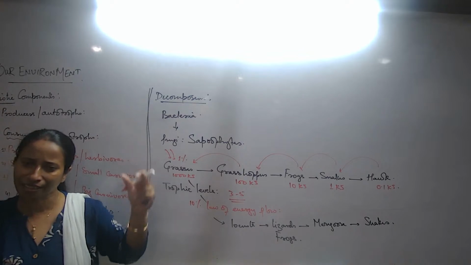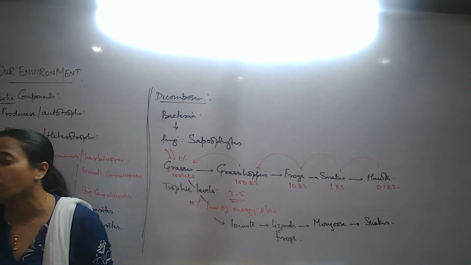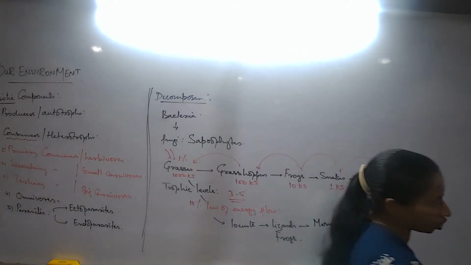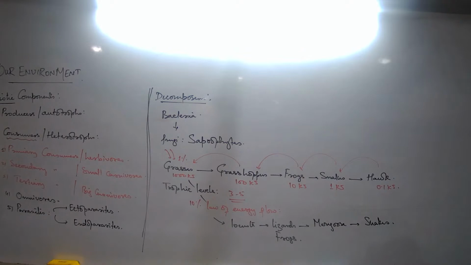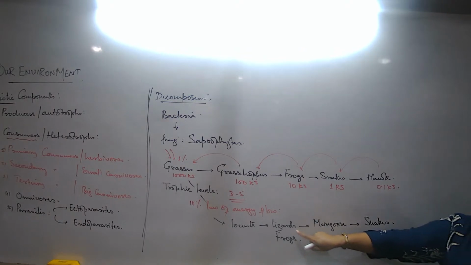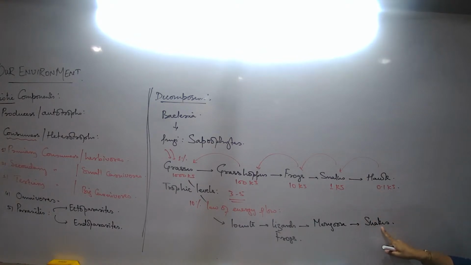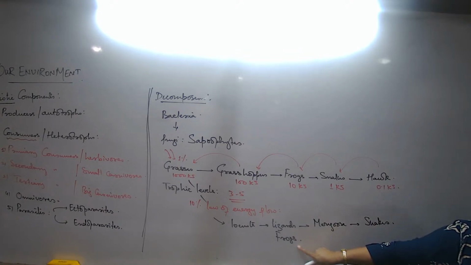So what is this entire network of food chains called? This is known as a food web. What is a food web? An interconnecting chain of food chains. In the first example, the snake is known as the tertiary consumer. In the second example, we have come across another food chain where it is considered the top consumer. So we can write frog as a secondary consumer in this example, and a tertiary consumer in that example.